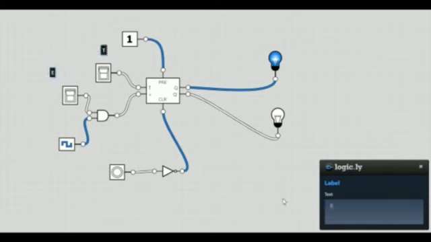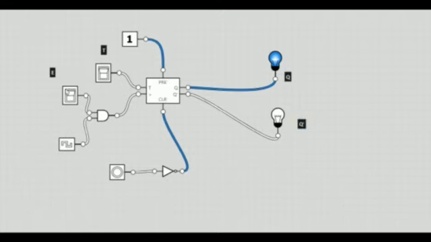If T is 0, then the output will be 0 0, and if T is 1, then the output will be 0 1. Likewise, you have to check for all. And this you call the T flip-flop. I hope you guys understood this concept.